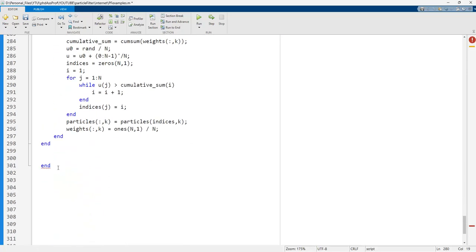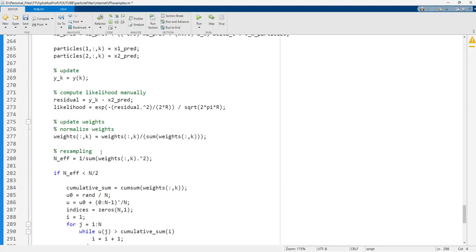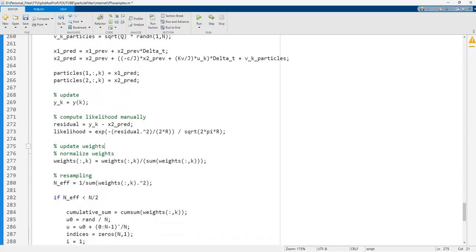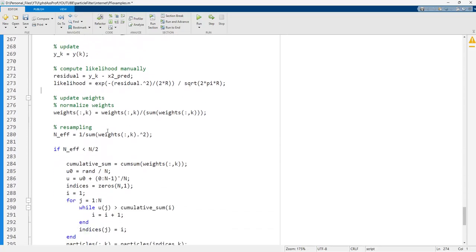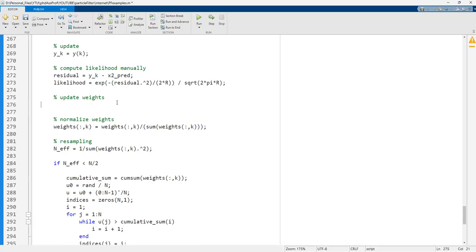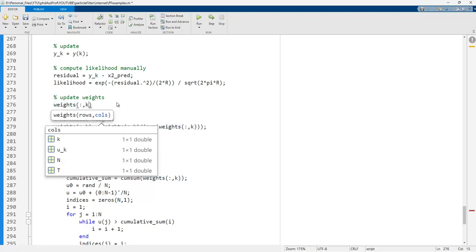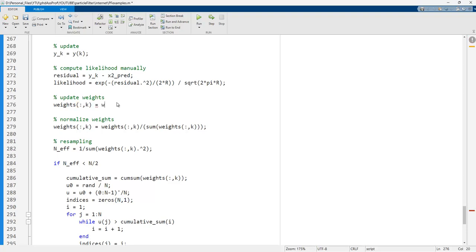And comments, and so I can just look at the weights, total value k is equal to the weights total value k minus 1 dot times likelihood